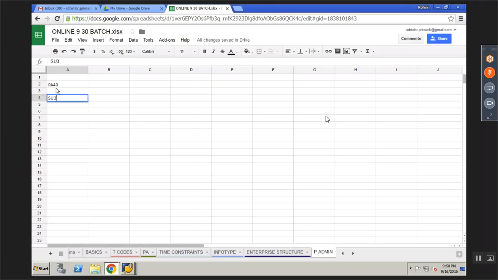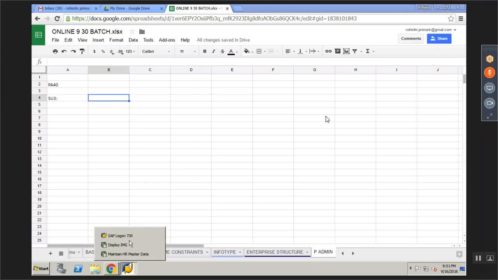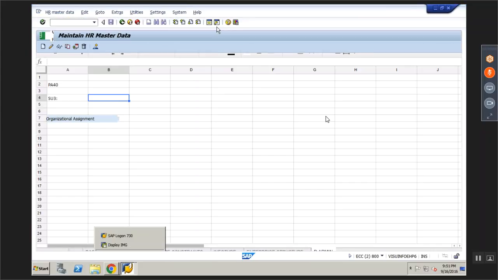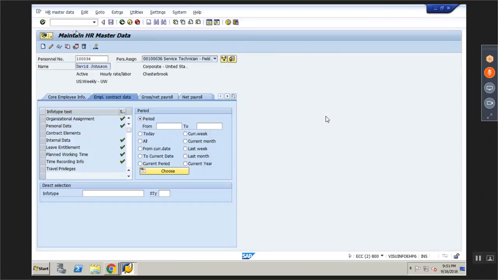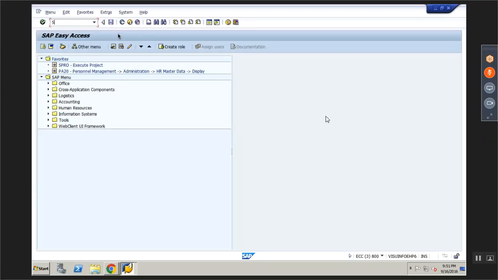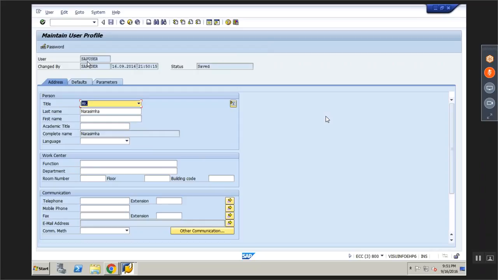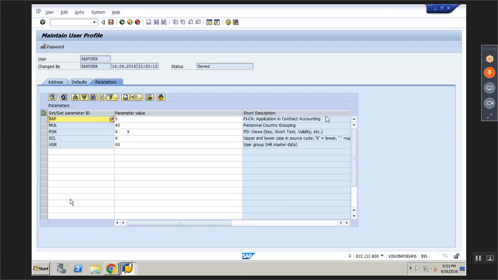So SU3 is called maintain user profile. In maintain user profile, under parameters, you have a UGR, user group HR master data.